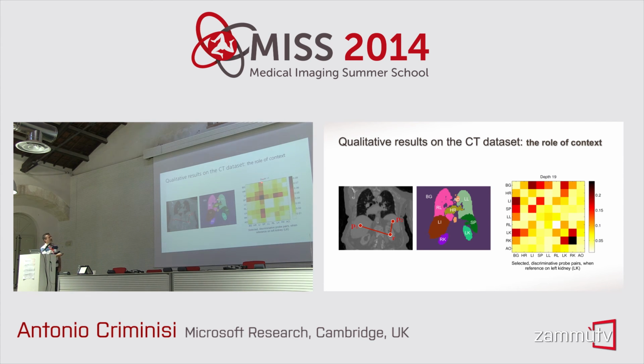You see that at depth 11, they are likely to be either on the right kidney or on the spleen. That's interesting because the spleen and the left kidney are very close to one another. So again, this shows the fact that the system learns to use contextual information. If, for whatever reason, the spleen in that image happens to be very well delineated and easy to segment, then the system uses that, a little bit like we showed earlier on, as an anchor point, a landmark region, to vote for where the left kidney is.